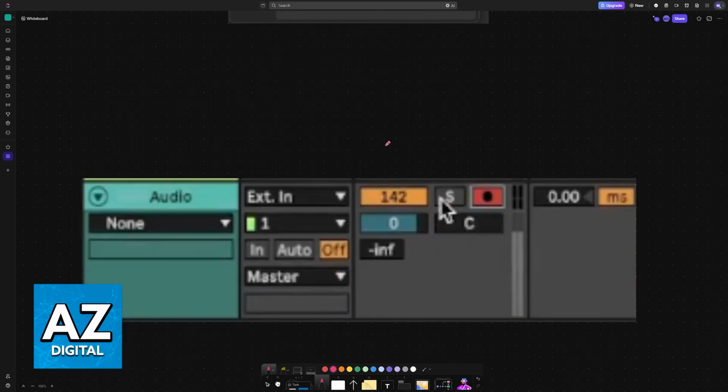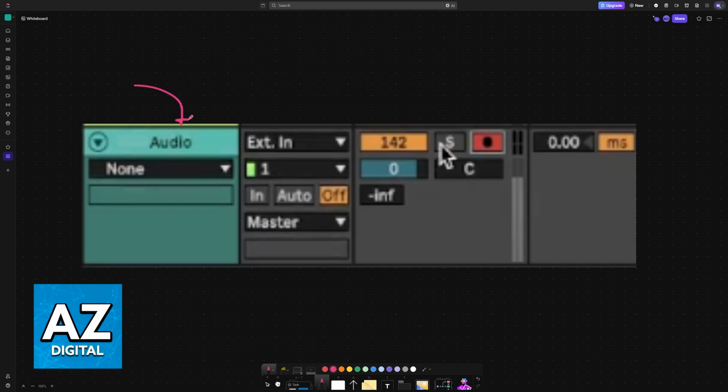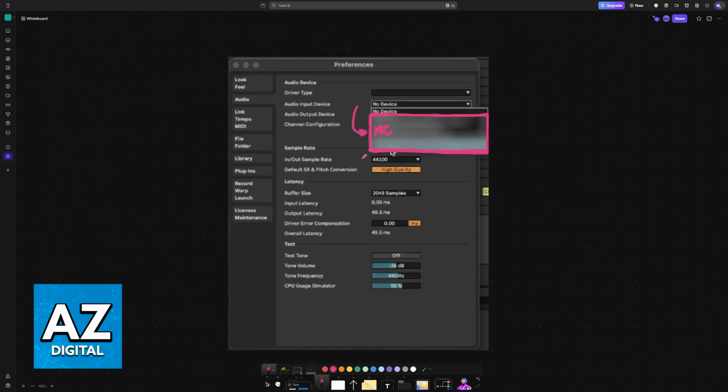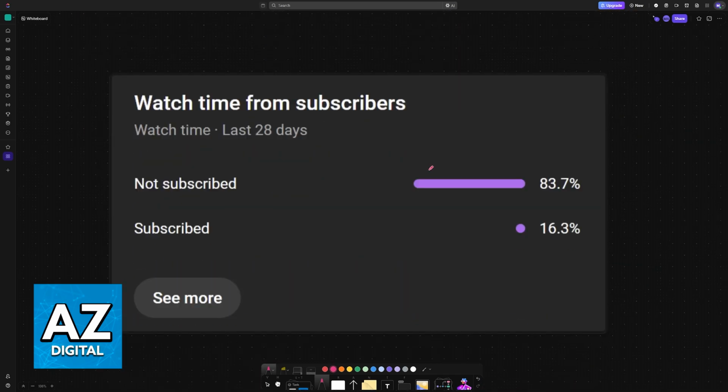Once you choose your microphone, you will be able to add a new track. And once you have a new audio track selected, you can start recording here. So it is simple to do, and it should be picked up within Ableton. If it doesn't work, check the connection and make sure that you selected it for the audio input device in the audio preferences.